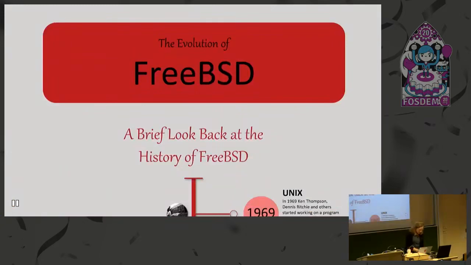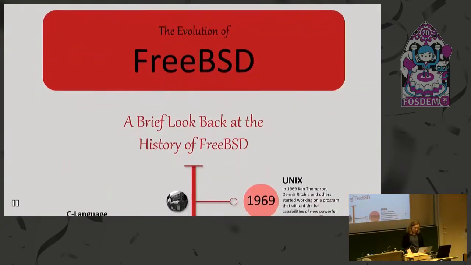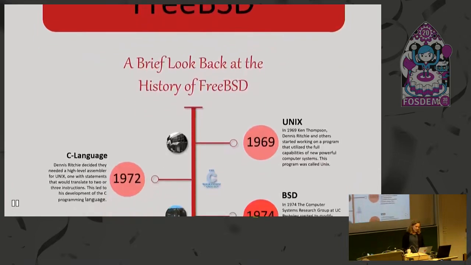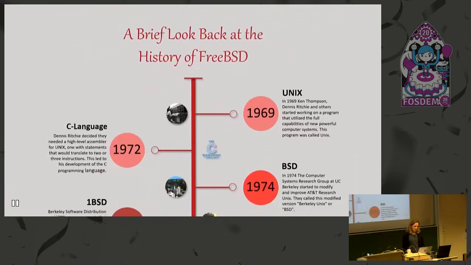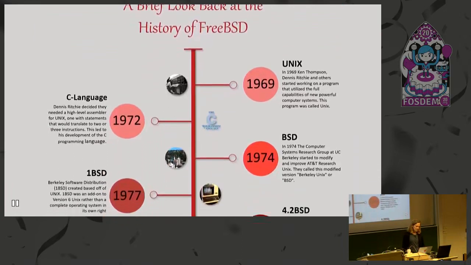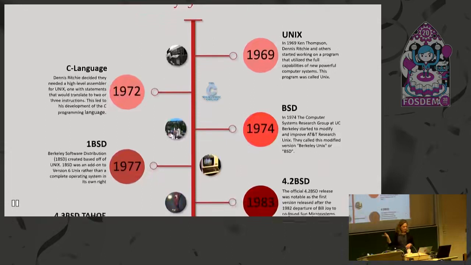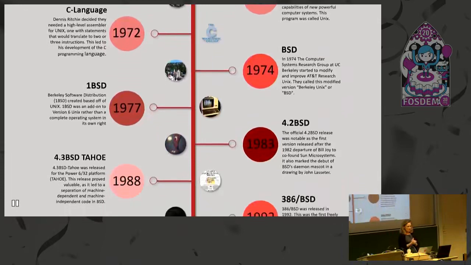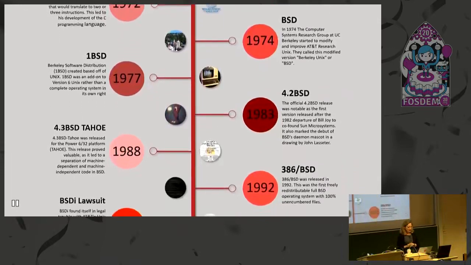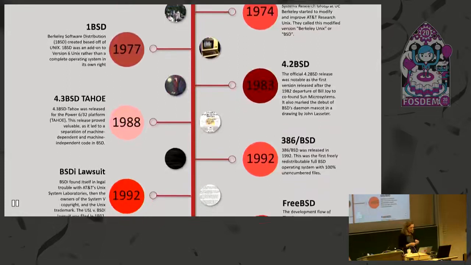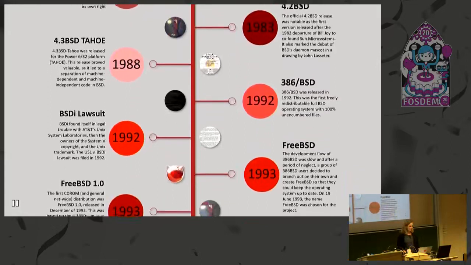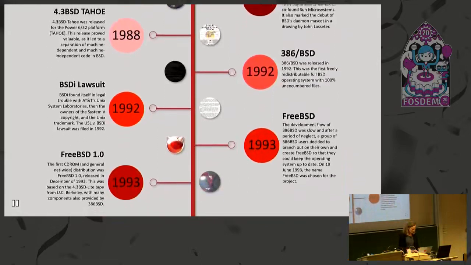And so this is a little visual of the timeline. Let's see if I can get it to play. So I just talked about how Unix started in '69, and then the C language was developed there to make it more portable, and then different versions of BSD, some of the research and features that were added to it. I'm not going to go over each one, because really what I care about is in 1993, FreeBSD starting, and that's also when NetBSD started.